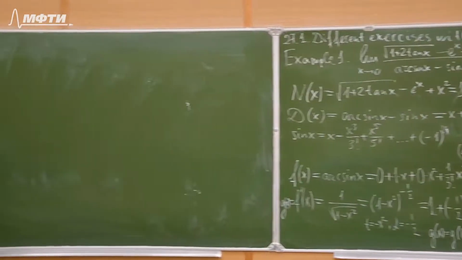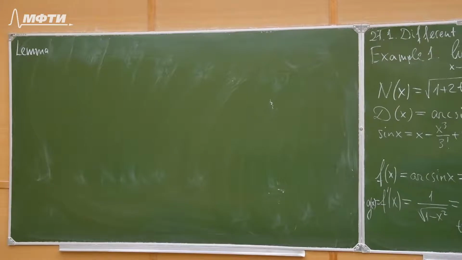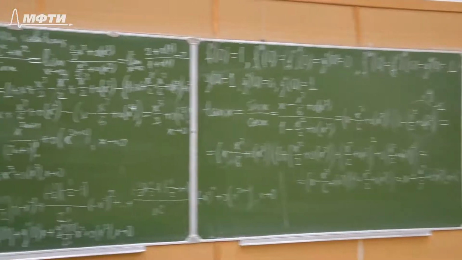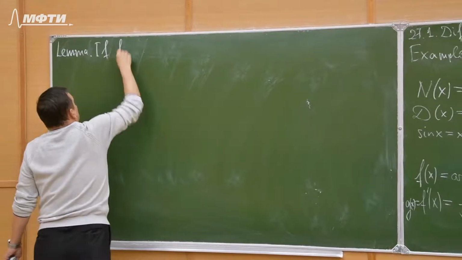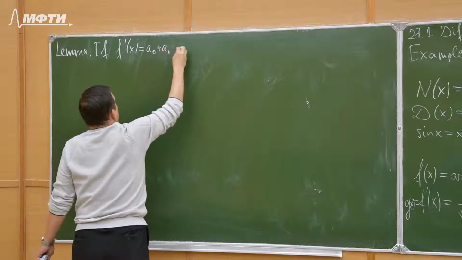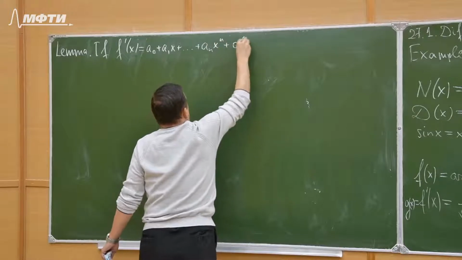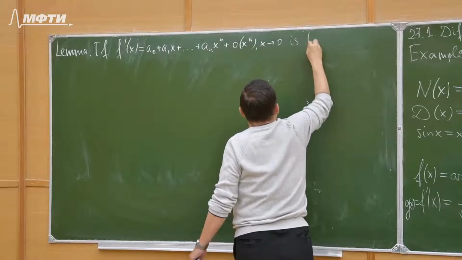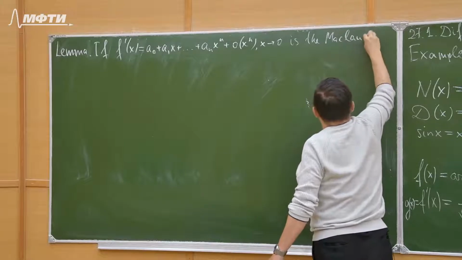We could use it here instead of writing down this in a particular case. Lemma. If f prime of x equals a0 plus a1 x plus ... plus a n x power n plus little o of x^n as x tends to 0 is the Maclaurin expansion,